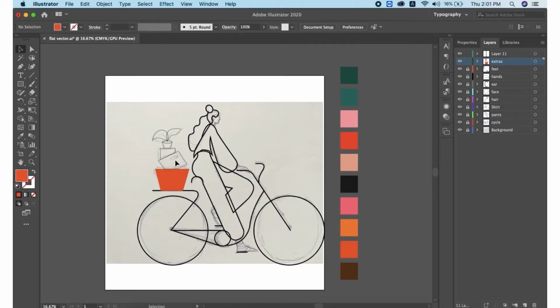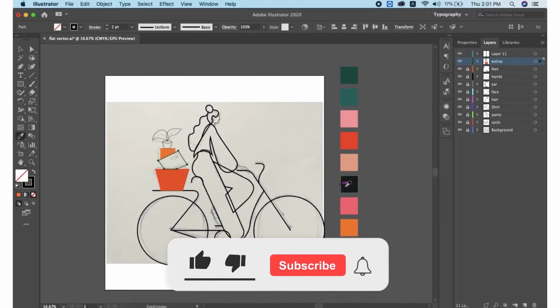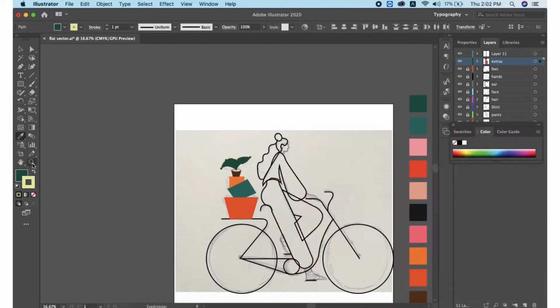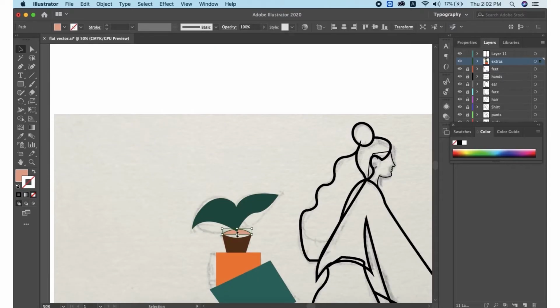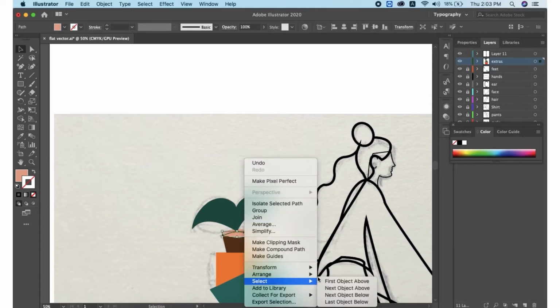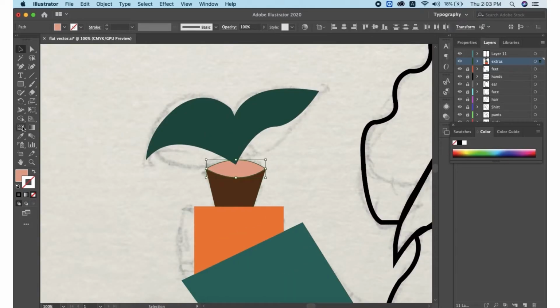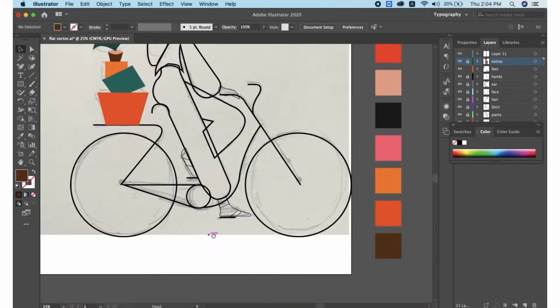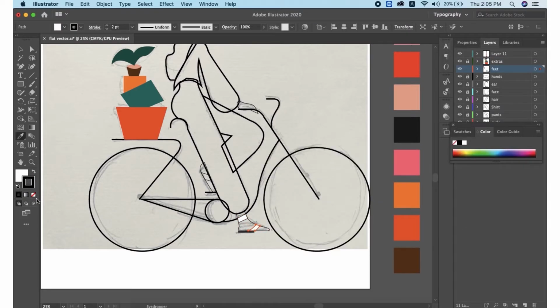You can also take a nice color palette, maybe using pastel shades, and then pick each element layer on layer and fill in with the appropriate color. I forgot to create the inside part of the pot, so I've just copied it, and using the shape builder tool I joined the two elements. Now I'm adding color to each part of the vector and locking the layer.